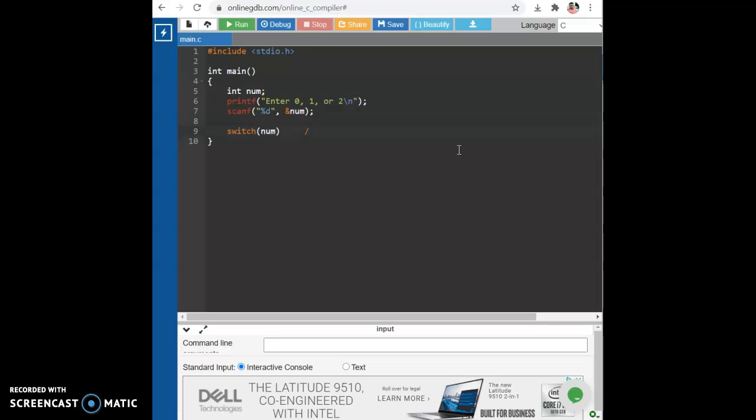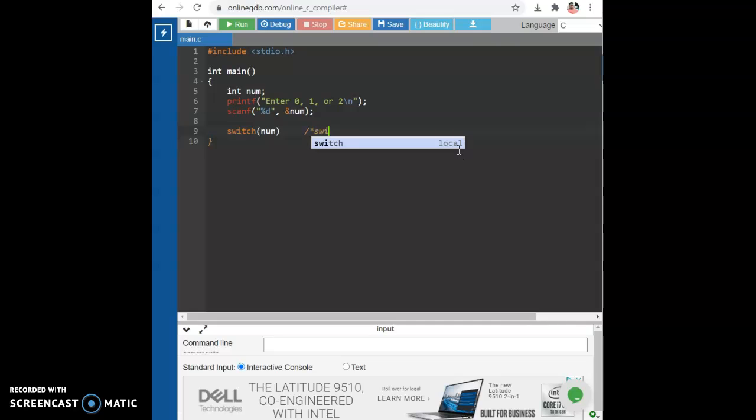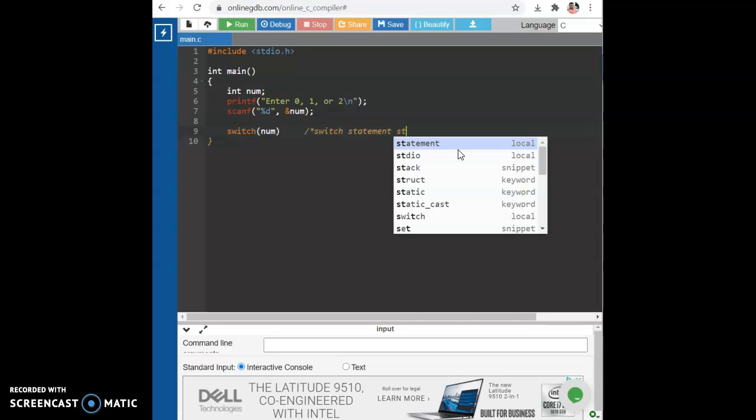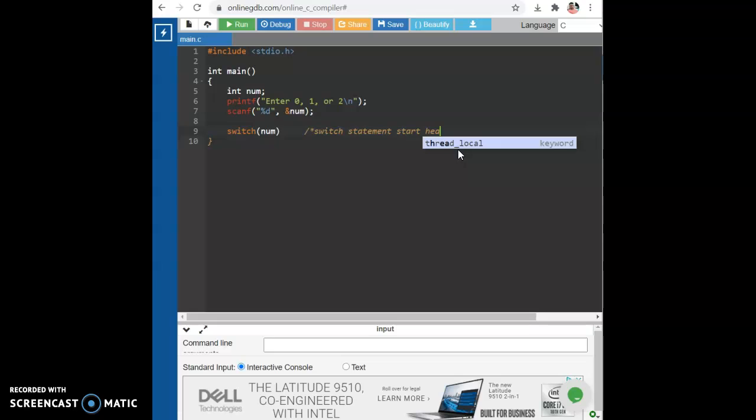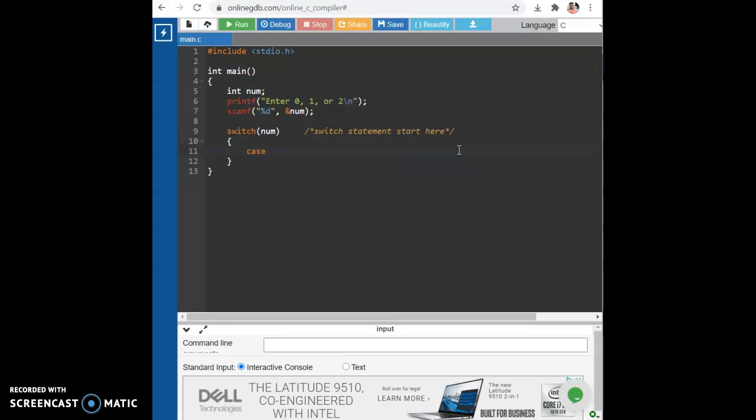This is where the switch statement starts. You can put comments like this, and then I will make the body for the switch case statement, case 0,